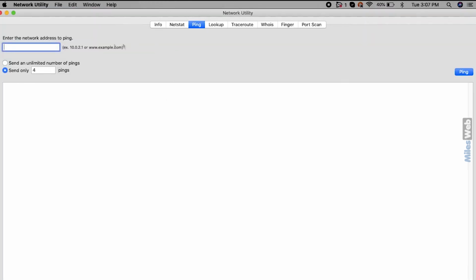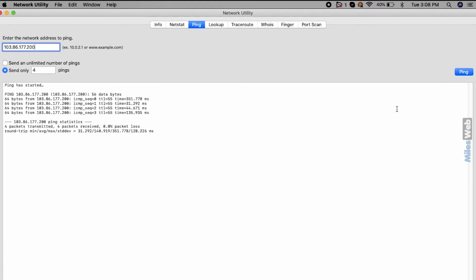Go to ping. This will ask you for the address that you want to ping. In that, the option to send unlimited pings or a specified number will be given to you. It is recommended to send pings between 4 and 10 in any one test. Now, click on ping to start the test. The result of each ping attempt will be displayed along with a summary of statistics in a window just below. If all the ping requests fail or timeout or lose packets, then it is an internet issue.